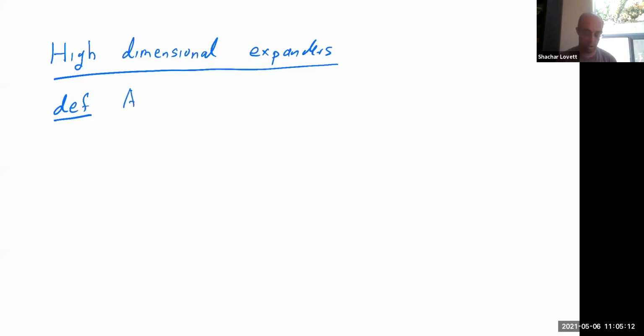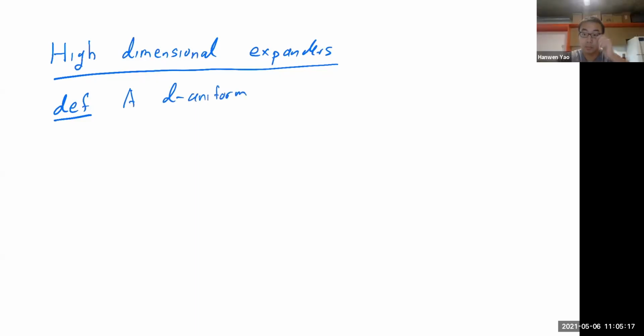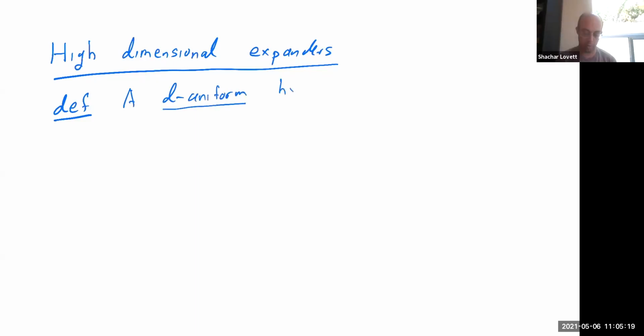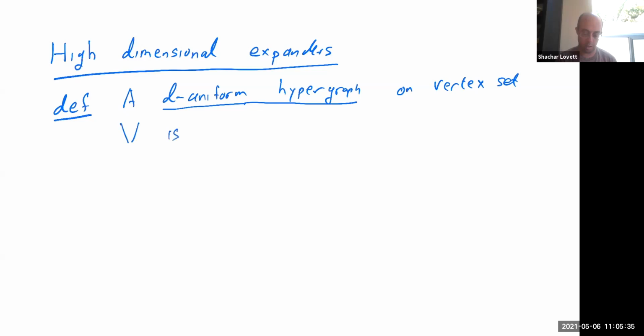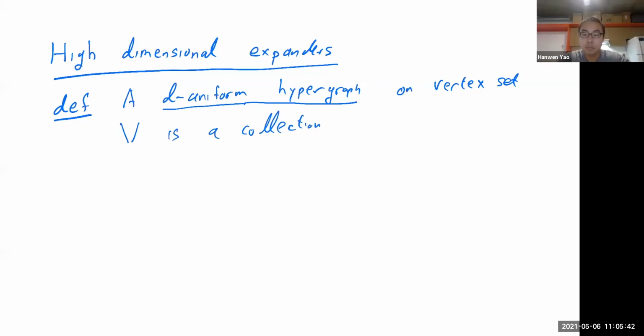A uniform hypergraph on a vertex set V is a collection of something we're going to call D faces,